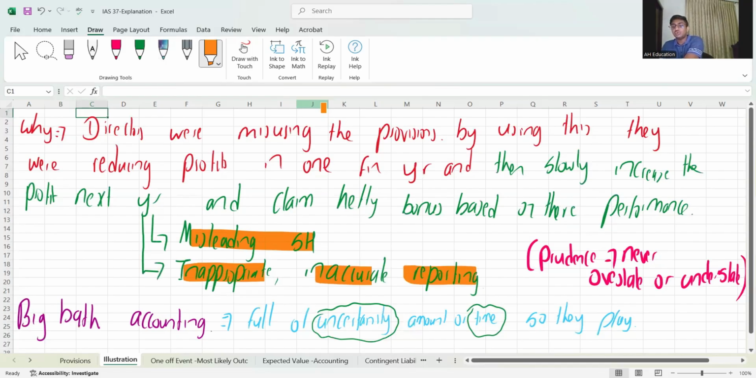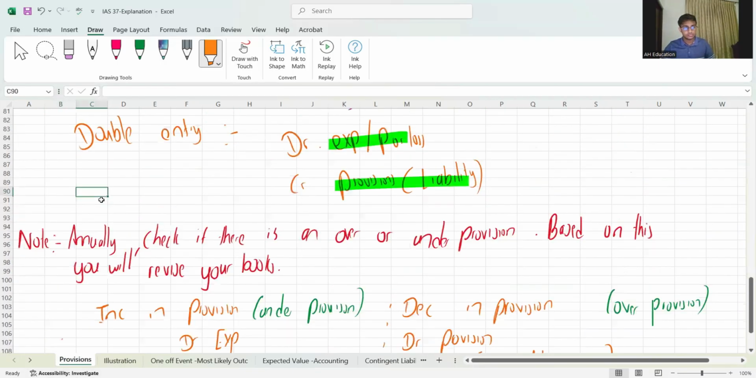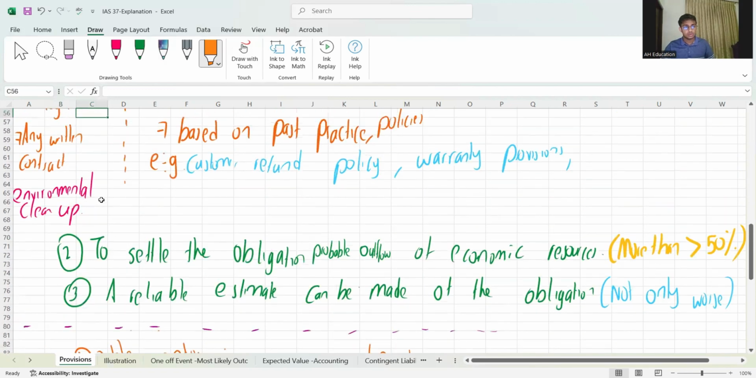Okay, because according to the prudence concept, you can never overstate an asset or overstate a liability. The same applies: you can never understate an asset, you can never understate a liability. Okay. So this is also done. Okay. Now,